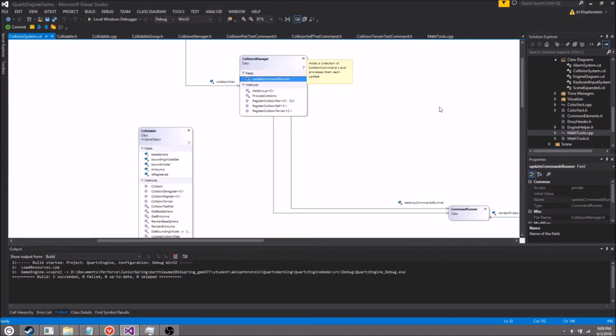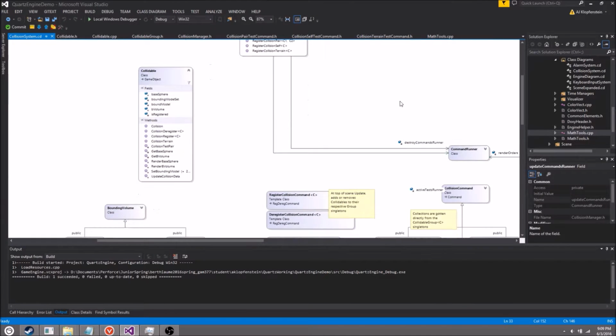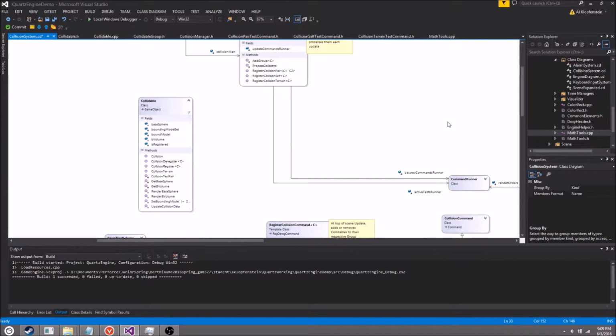The update command broker handles the updates every single frame, and the active tests runner is the one that holds all the collision commands, the collision pair, collision self, collision terrain commands, and processes them through every